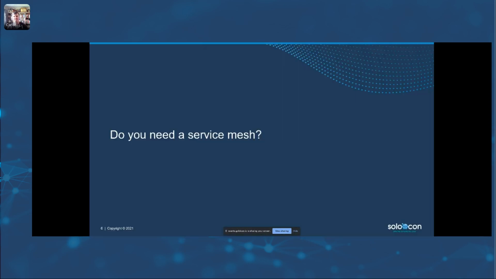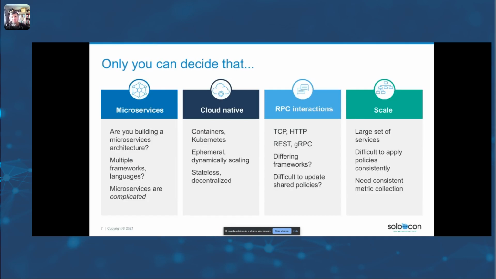Now, you have to decide whether you need a service mesh in your environment. And really, only you can answer that. You have to understand your environment enough to know: are you building and deploying microservices? A lot of different services? Are they written in different languages and use different frameworks for a particular language? Knowing and understanding whether you have this problem is, like I said, unique to you,